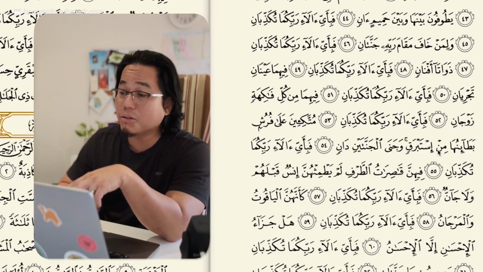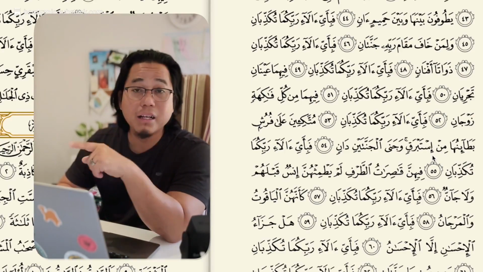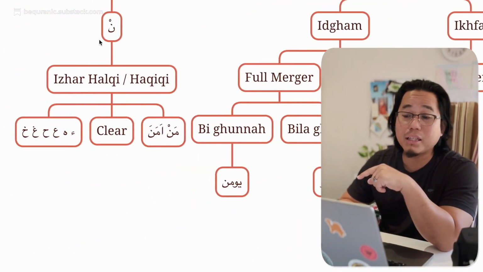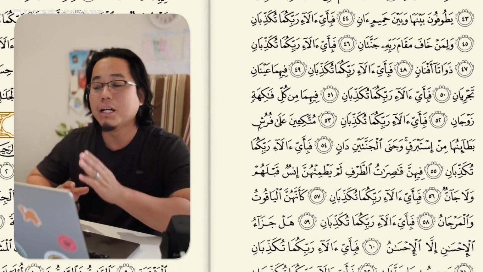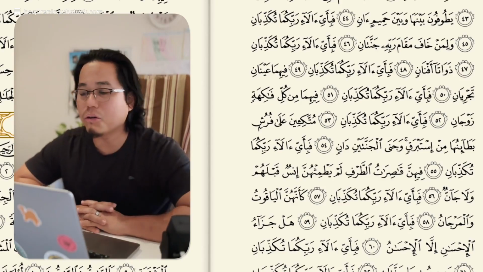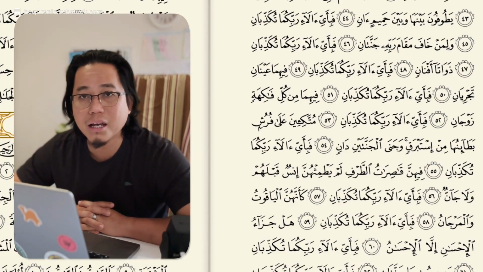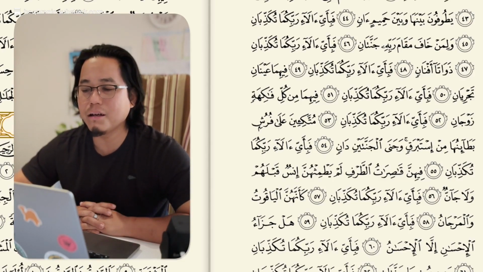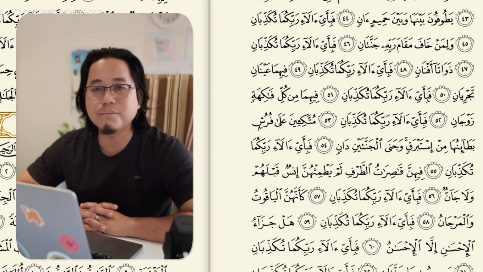Min istabraq, noon sakin with a clear sukun sign and meeting a hamza after that. Means what is that letter? Hamza is part of the throat letters. That means it is idhar. Read it without ghunna. Not min istabraq. Min istabraq. وجنى الجنتين دان فبأي آلاء ربكما تكذبان. Alright, that is our Tajweed Tuesday.